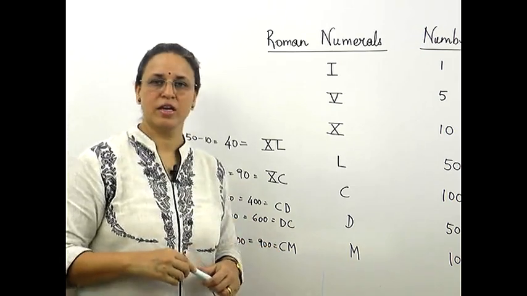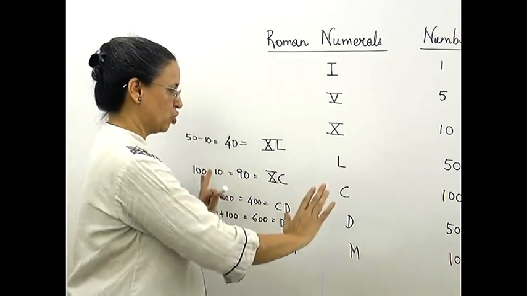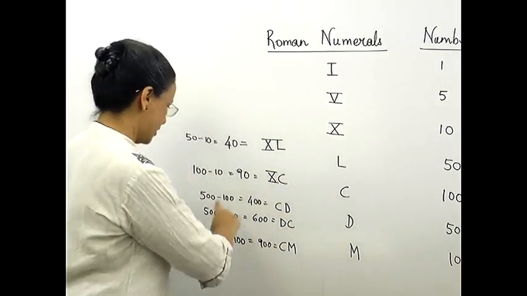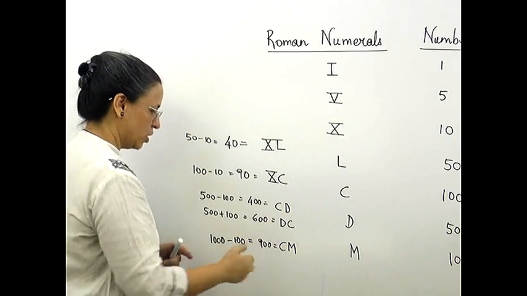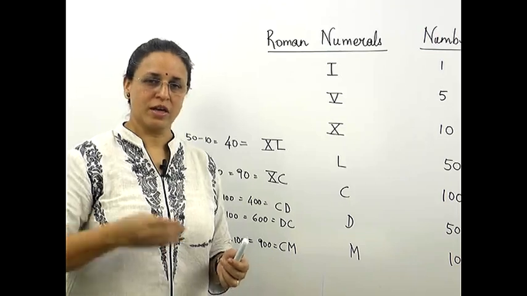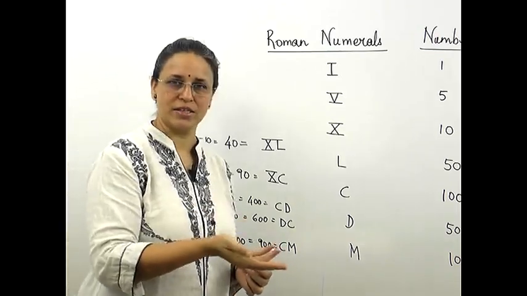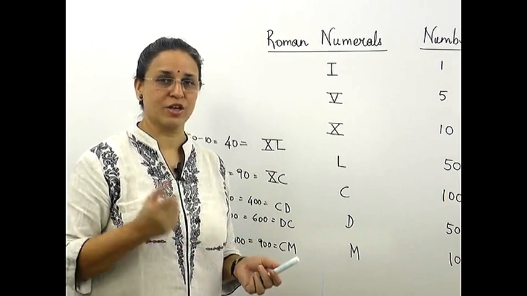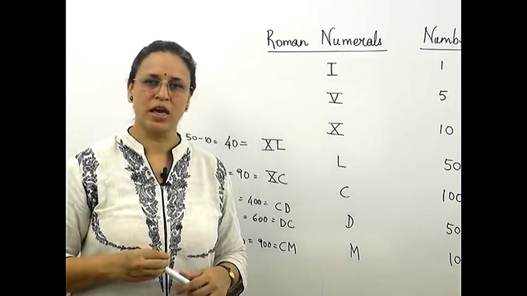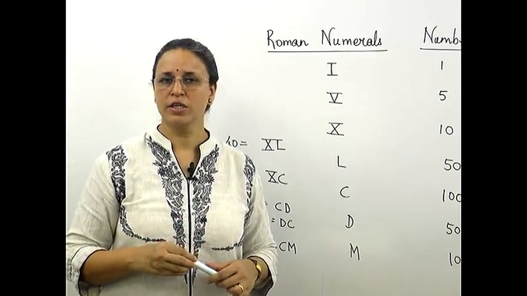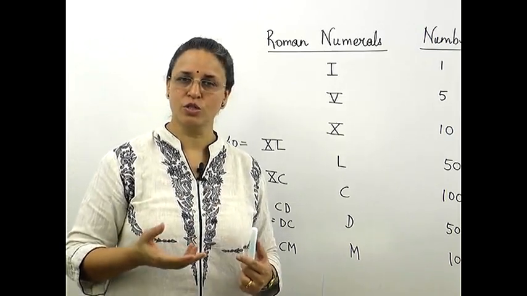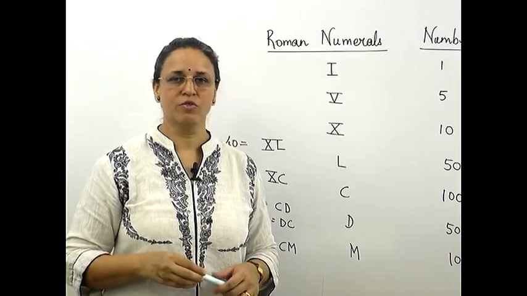आप ऐसे गेम खेलिए, इंस्टेड दिस इज़ नॉट फॉर पोर्शन, आपको सिर्फ 20 तक है, तो इसके बाद के जो बड़े बड़े नंबर है ऐसे पढ़ने के लिए दिक्कत होगी। CM, DC का मतलब क्या हुआ? So you can practice on your own, यानी आप एक नंबर दीजिए, दूसरे को गैस करना है। गैस यानी उसको फाइंड आउट करना है कि ये कौन सा नंबर है, तो उसको अंक मिलेंगे, पॉइंट्स मिलेंगे। So you can play it like a game. Even tables, if you learn it like a game, or if you quiz each other and you try to learn also at the same time and play, you can learn with lot of fun.